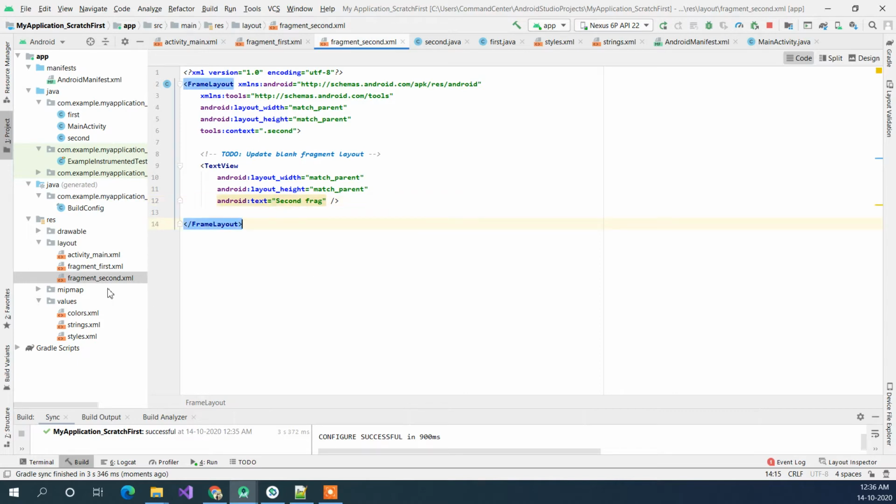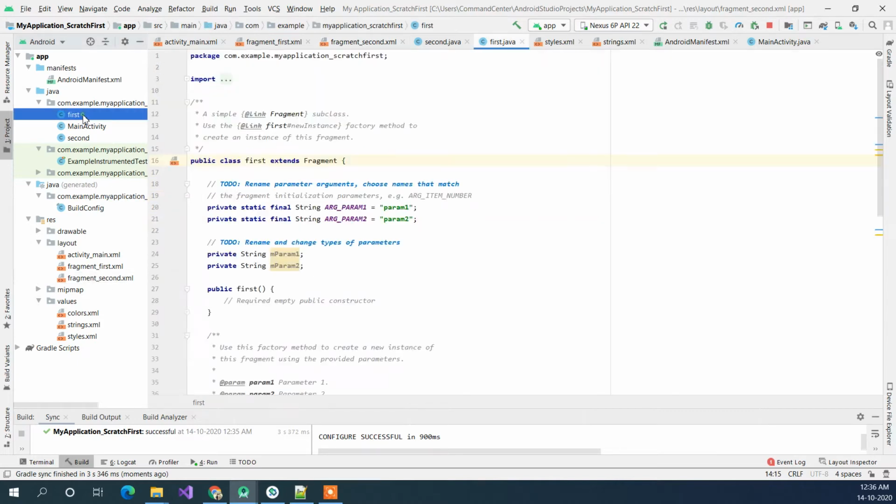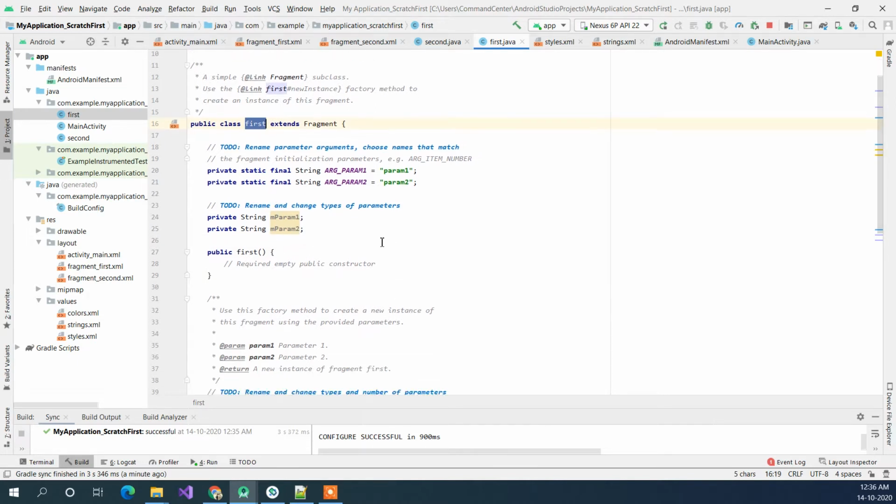Now we have two fragments, and the first fragment is assigned with this, and this is the class which needs to be created at runtime when we click on it. Remember that it will be suffixed with Fragment, and the class will not have anything, so don't get confused.